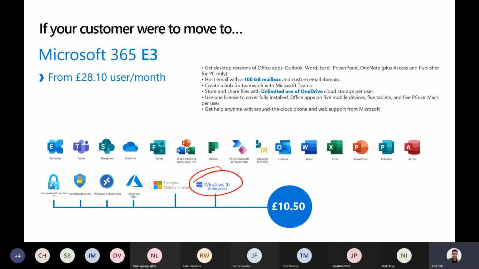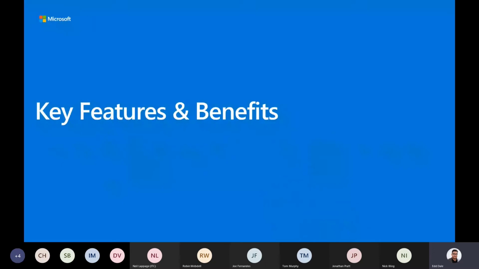Just buying a license for Windows 10 Enterprise is £7 per user per month for Windows 10 Enterprise E3. So again, for the fact that you're going to have all of this for only £10.50, that does represent significant value. Now, in terms of some of the key features and benefits, let's start off with Windows 10, because